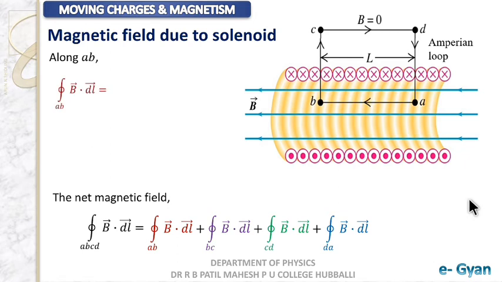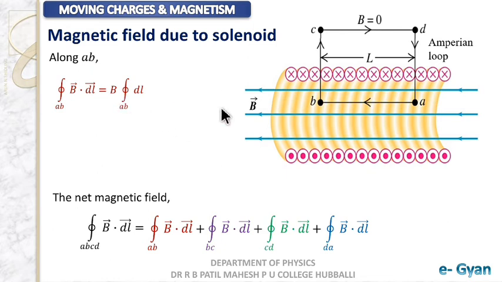If I try to find it, line integral B dot dl over AB comes out to be line integral B dl cos theta. Here theta comes out to be 0. I have just simplified the dot product of B dot dl, and here you can see AB is along B, right? Since both of them are along the same direction, the angle comes out to be 0. That's why it is put here to be 0. And cos 0 degree is 1. So we get it to be B line integral dl over AB.